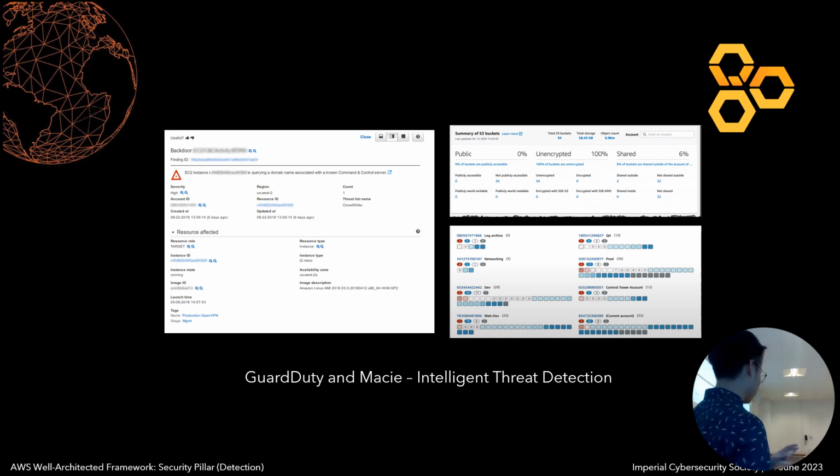All cloud providers, including AWS, have a suite of intelligent detectors to identify suspicious activity. One example would be GuardDuty. GuardDuty is a service in AWS that is able to monitor different aspects of our infrastructure. For example, one very common suspicious activity would be port scans, trying to identify what open ports are